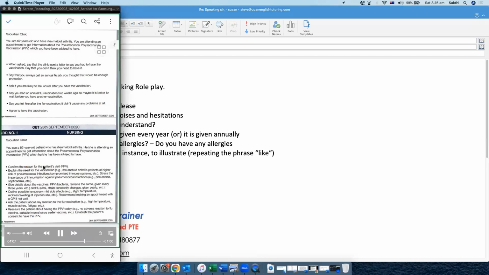Yes, nurse, I have taken the flu vaccine 2 weeks ago, and I did have some problems, but now I'm okay with it. All symptoms got subsided. That's great. That's really great. And I'll just want to... That's a good way of establishing a friendship with the patient. So you are appreciating them. That's great. That's good. That's a good start.